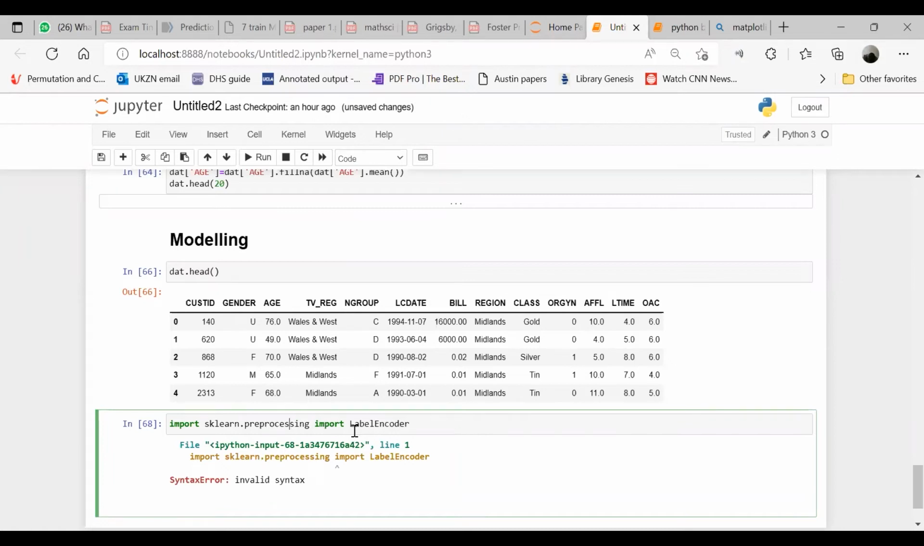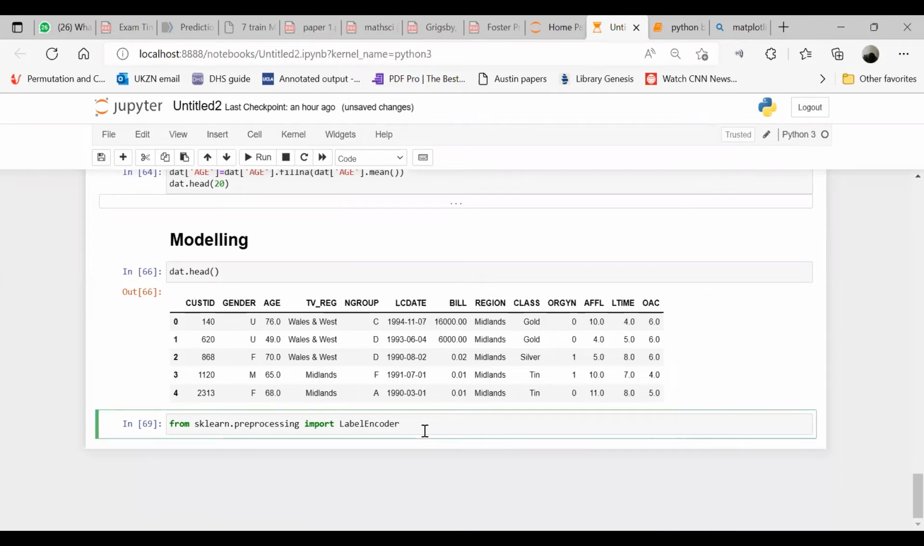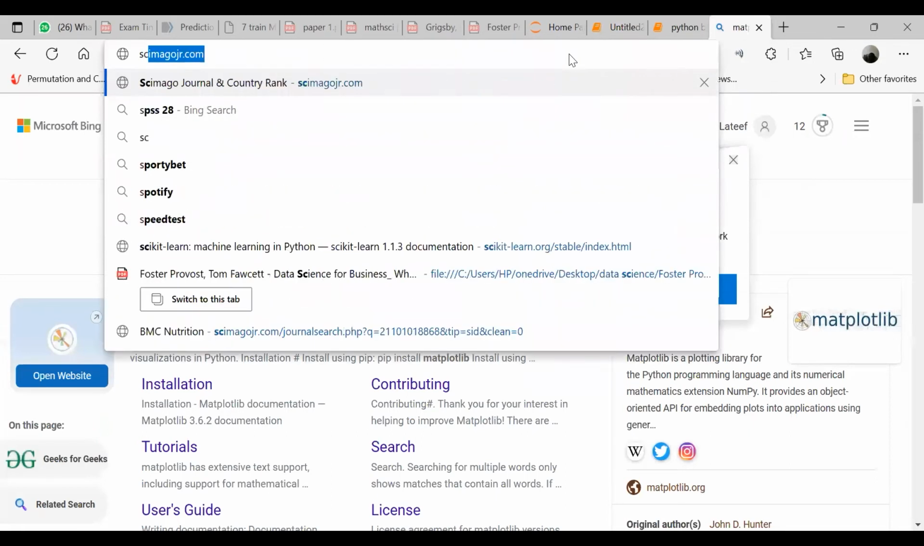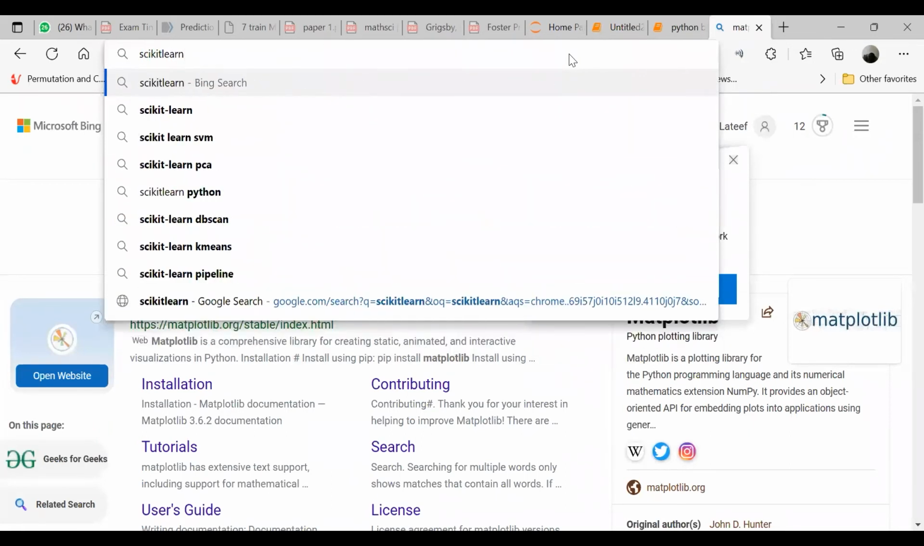Let's check the spelling. Sir, your mistake is that you said import instead of from sklearn. Oh, yeah, thank you. So it's from sklearn because that's a much bigger library, and under that is where you now have label encoder. So now, let me quickly show you scikit-learn,